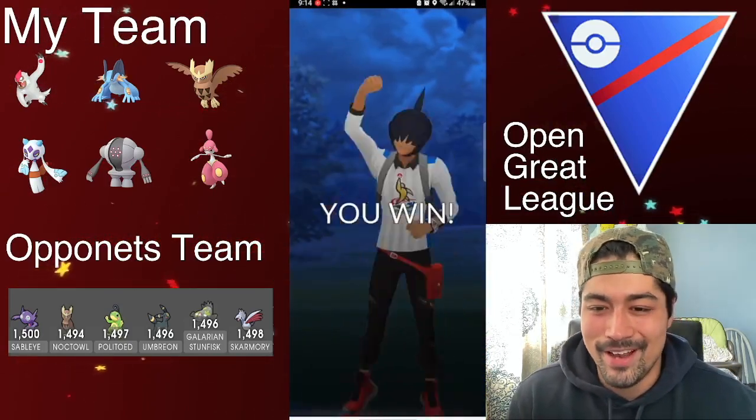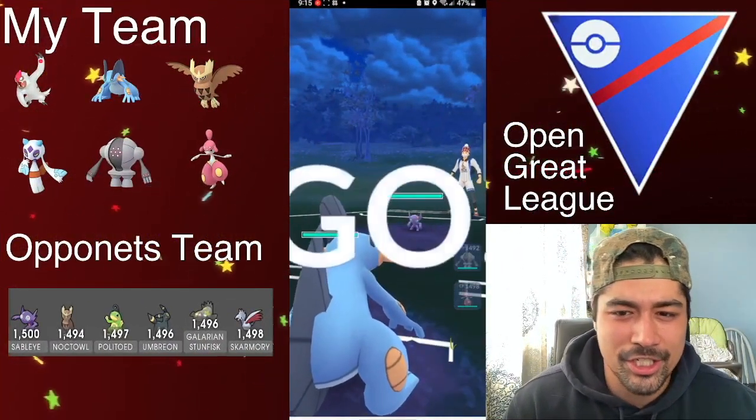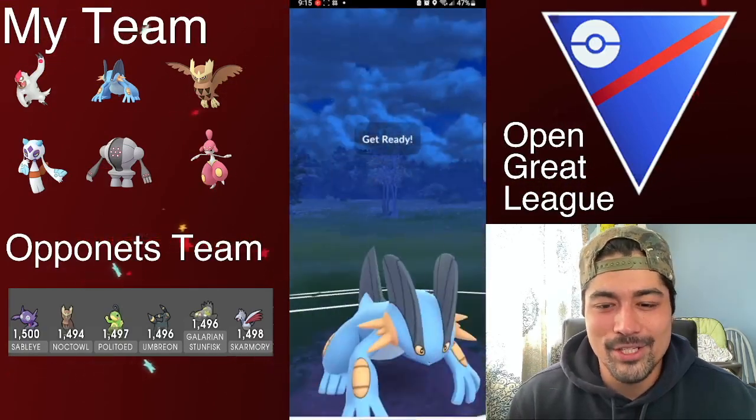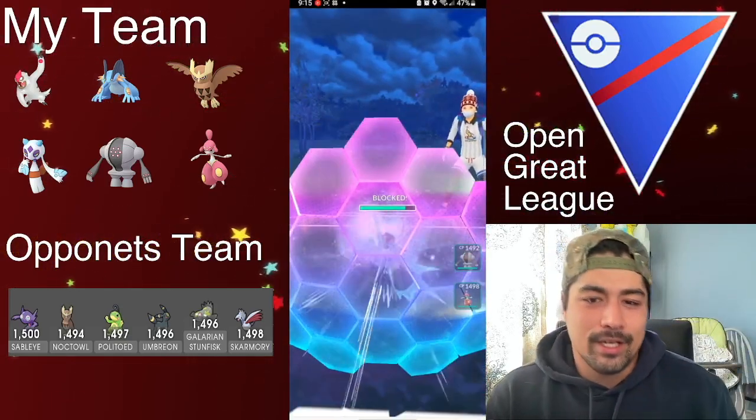So that Politoed, I did not expect the Politoed. And he was running Bubble. You want to be running Mudshot, it just generates energy so much faster. Swampert into Sableye. Gonna be going straight for the Hydro Cannon on the CMP tie here, so I count to 6